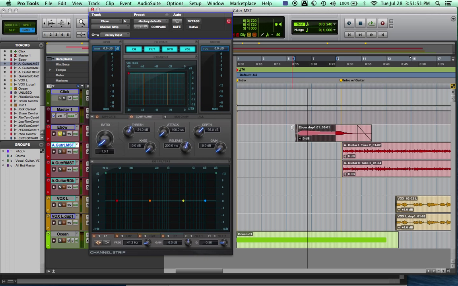So in this case, the guitars with the EBow. The EBow is a device that I use for making a very ambient, kind of violin sound with the guitar. And I recorded it dry in this case. I'm going to add a little bit of effect on it, but first I want to deal with compression and